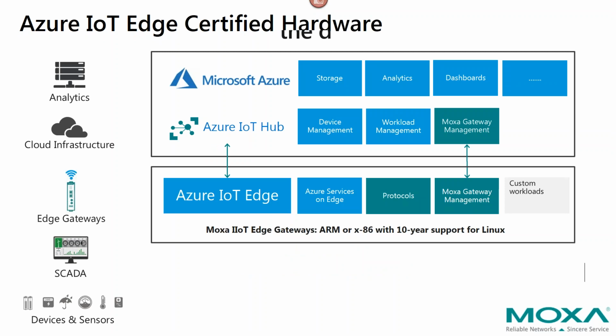To share a little more technical detail, this hardware comes with Azure IoT Edge pre-installed, and then as Chris has mentioned, through the use of containers, you can deploy Azure services like Azure Stream Analytics or Azure Machine Learning, and then also take advantage of Moxa's gateway management features to configure IP or cellular settings and access Modbus data. We're also working closely for more additional industrial protocols that will be available on the roadmap. And I'm also going to come back later and talk to you about hardware-based industrial protocols that are available today.